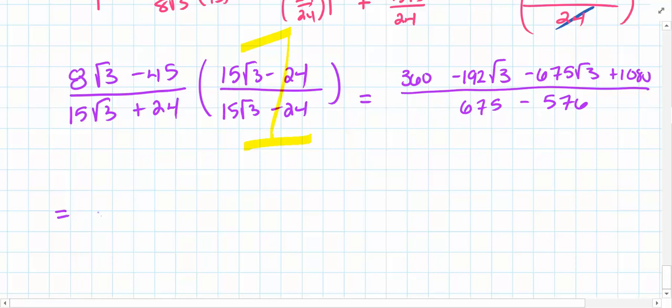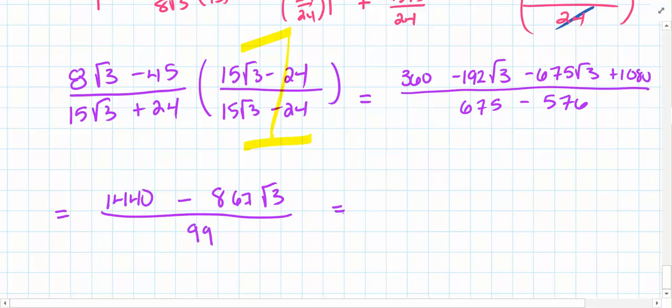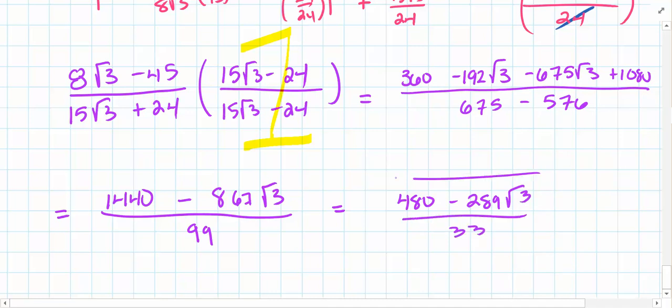All right, keep going. I'm going to have 360 and 1080. What's that? 1440. Okay, minus negative 192 and negative 675 is a negative 867 root 3, all divided by 675 minus 576, a grand total of 99, right? You can divide each term by 3, giving you 480 minus 289 root 3, all divided by 33, which I believe